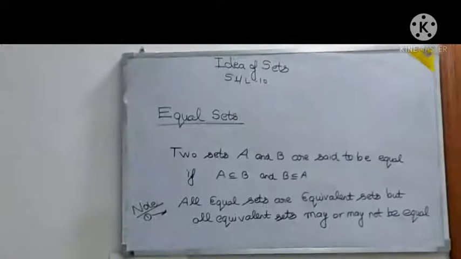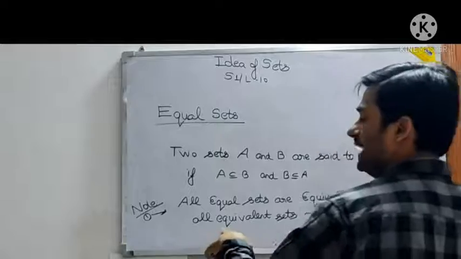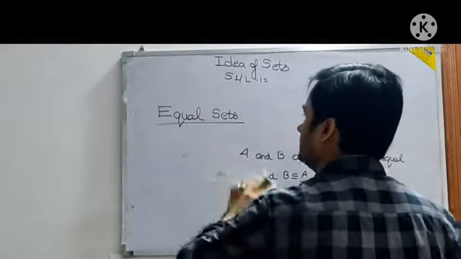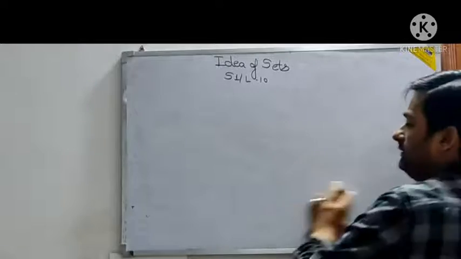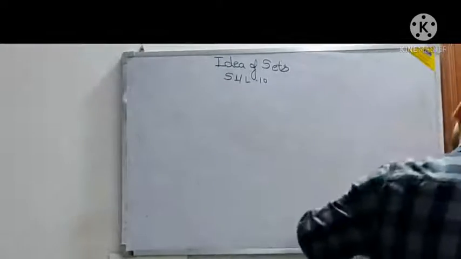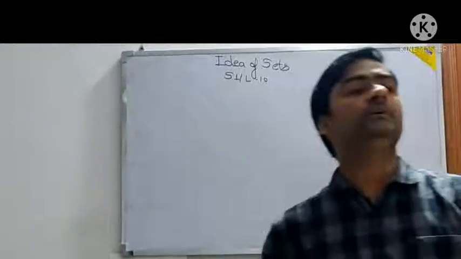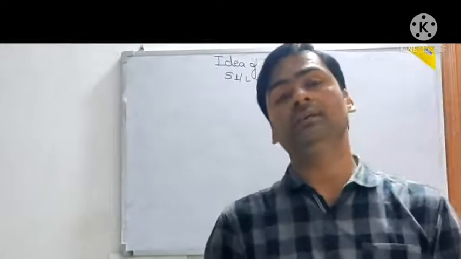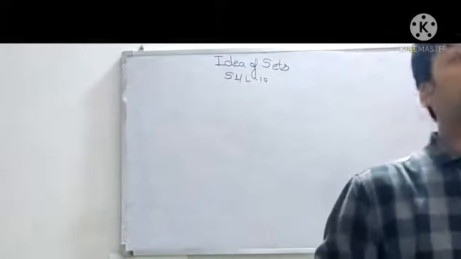This completes the theory portion for this chapter 1. And whenever we start next, we will be taking up the questions from exercise 1B. This note has to be there in the copy itself. So if we summarize this topic, we have done the idea of sets. In that, we have done types of sets that we already know. We had done something about subsets. Subset means what? If A and B are two sets such that every element of A is in B, then A is called a subset of B and B is called the superset of A.